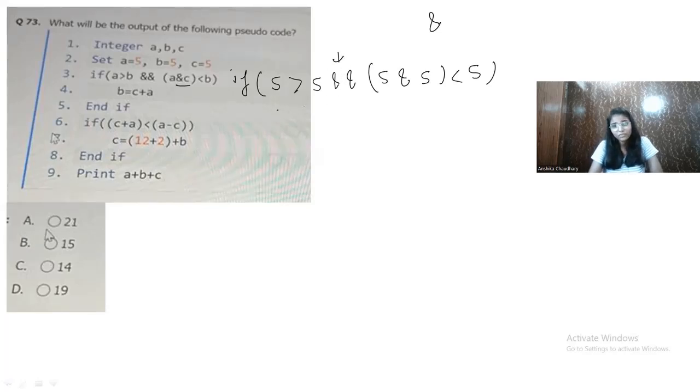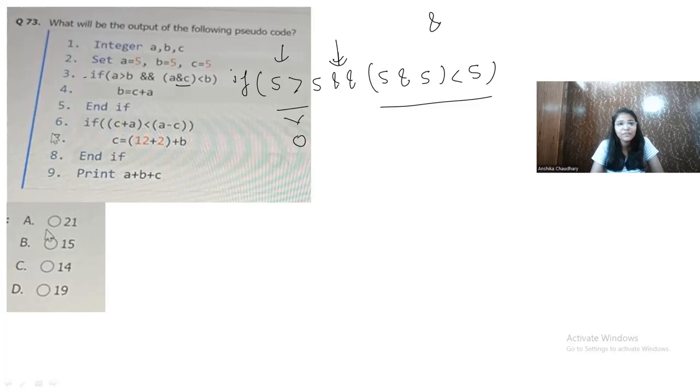So if both the conditions are going to be true, then only the whole if condition will become true. And from here we can see that 5 is not greater than 5, right? Because it is equal to 5, so this will return a 0. And if it is returning a 0, this condition cannot be true, right? As this is the logical AND, we don't need to check further whether it is true or not, okay? Because we are getting 0 here, we will not check further, and we will go out of the if part.